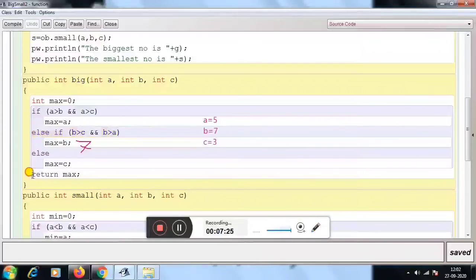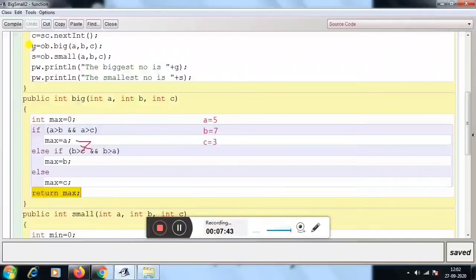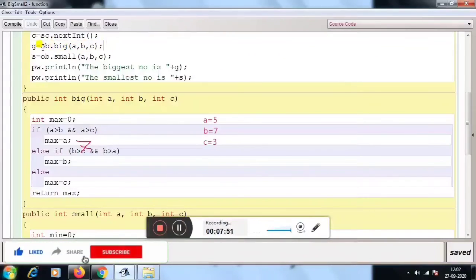After it finishes the execution, only then the return statement, return max, will be executed. The value of max will be returned to the main function, which means when this statement is executed, it directly comes back to g equal to ob dot big within bracket a comma b comma c.